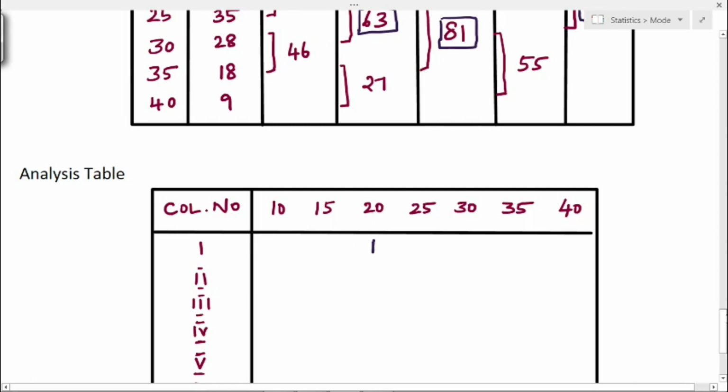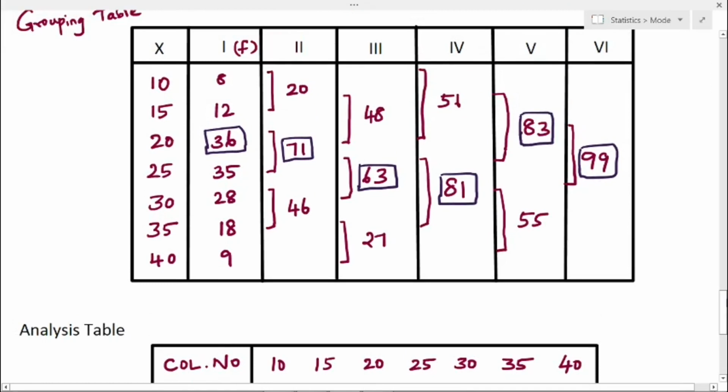Next, move on to column 2. Column 2 highest frequency is 71. This 71 corresponds to 2 values because we are adding 2 values, right? So that is 36 and 35. If you add these two, you will get 71. So these 2 values correspond to 20 and 25 in the x values.